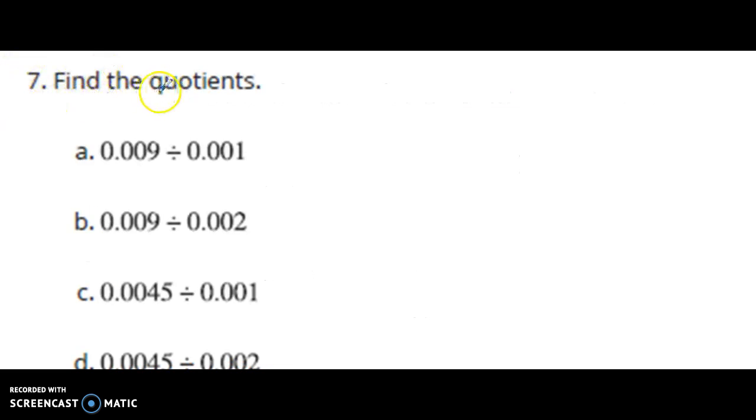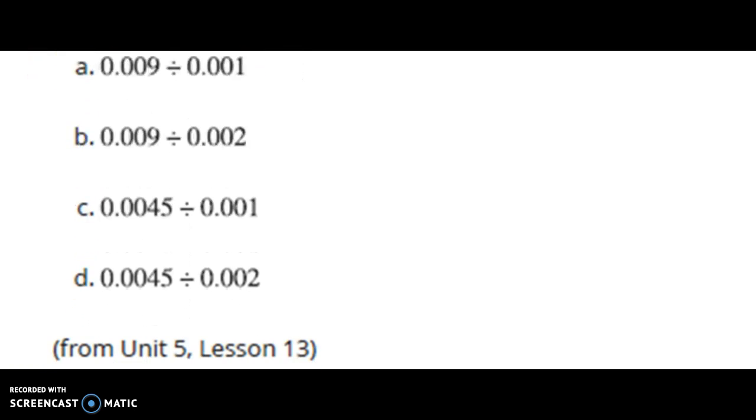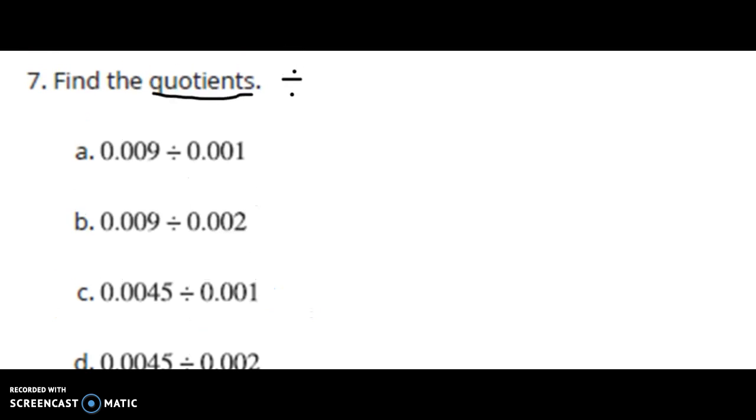7, find the quotients. I know that the word quotients simply means division. For these problems, I could obviously put them into the calculator very easily, but these types of problems would not be calculator active on the EOG, so we actually want to practice solving them through long division. So first of all, I have to see what my first number is. So in this case, I'm going to use